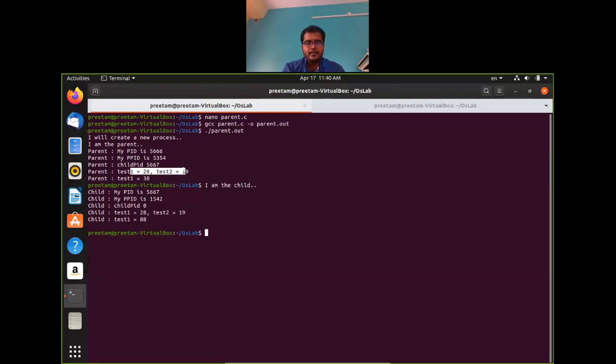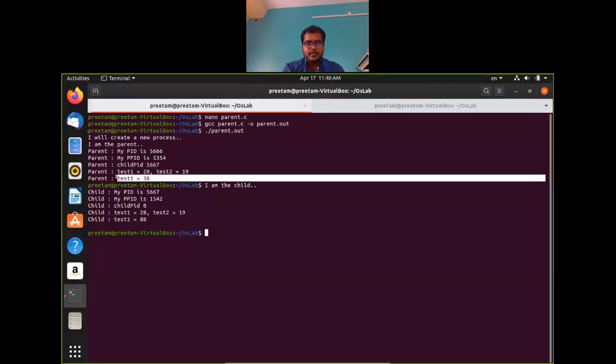Now as soon as you assign some values, the new value will be assigned, but they are in different memories. So this will be 38 in parent memory, and 88 in child memory. So these will be two different memory locations.